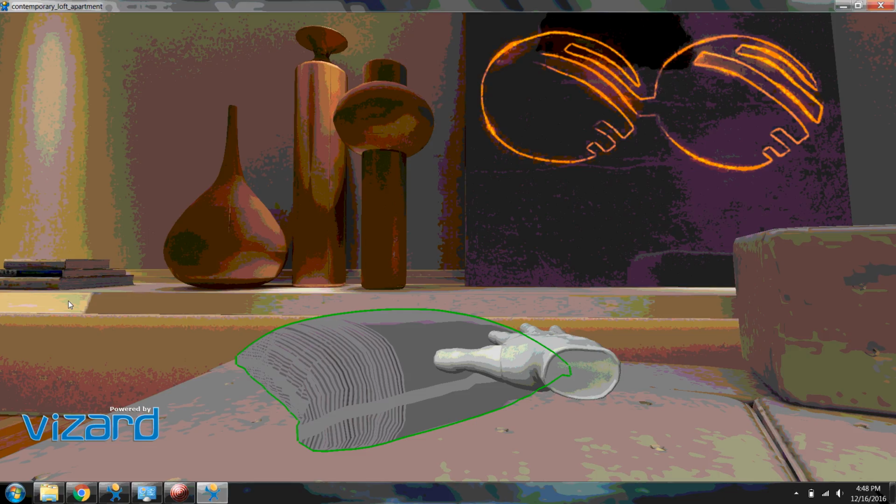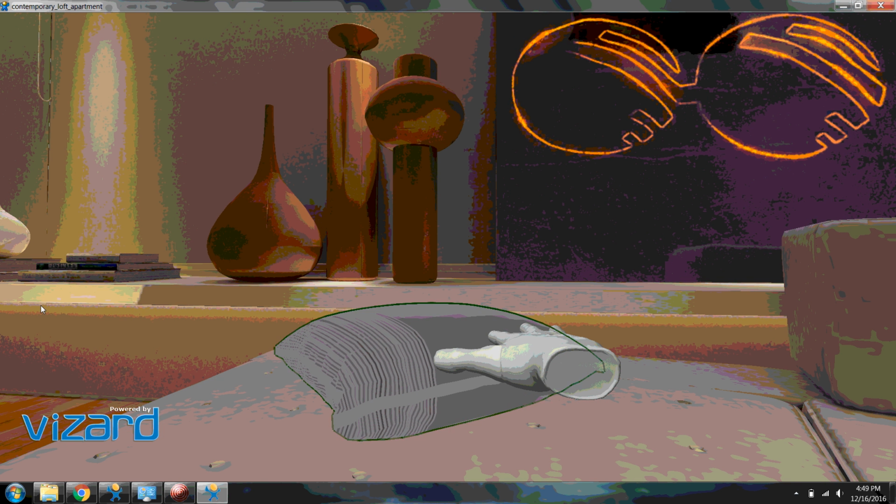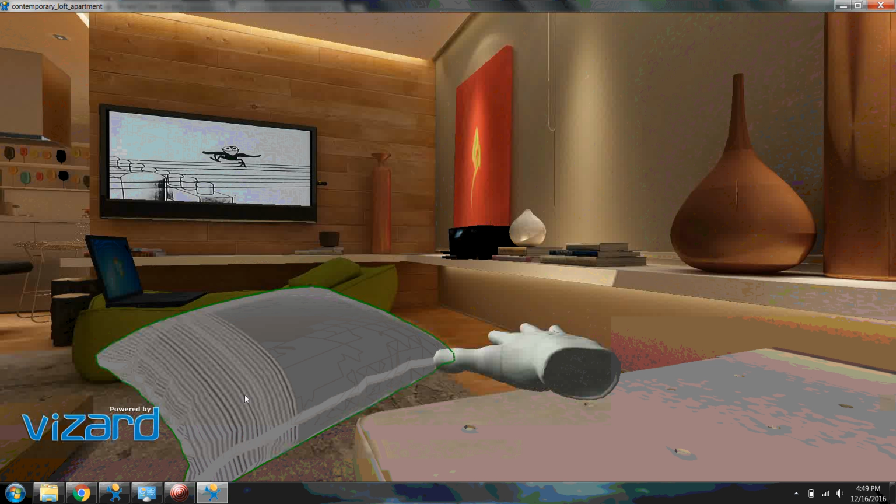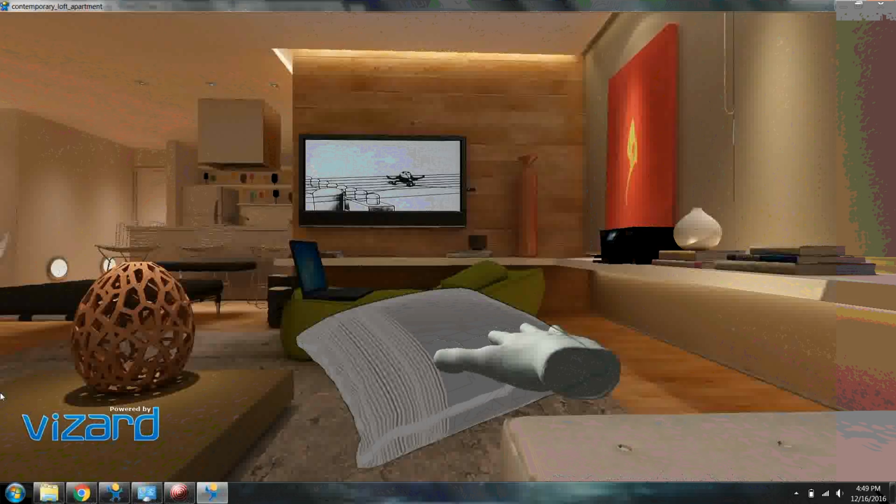Things that we added: the glow. Just click, grab it, and move it around where I want. I just put it down. Physics are turned off for this apartment, so that's